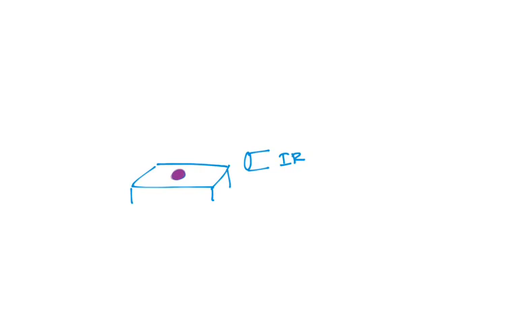The IR is behind the platform, and it's passing through the sample plate, right? If it's a solid, it may not have a good contact with the light, but if it's a liquid, perfectly dissolved in a solvent that is not IR active,